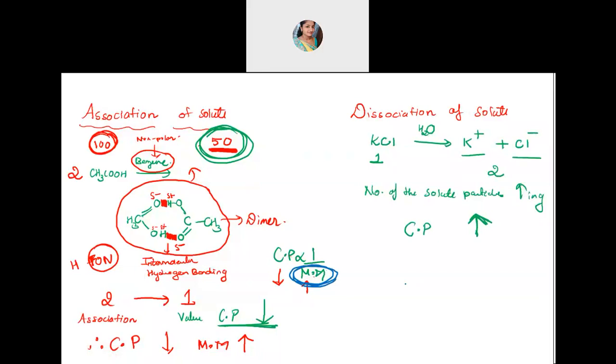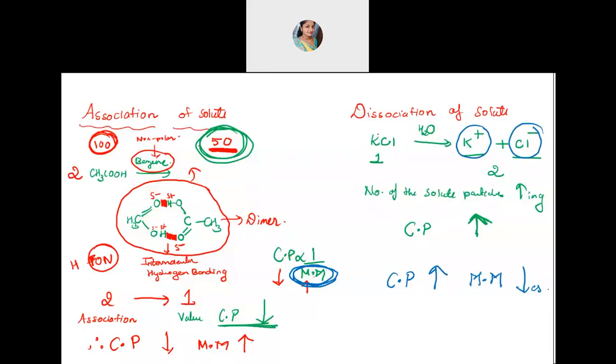Okay. So if colligative property value increases here, number of solute particles are increasing, because they will break down into two, no? So then the molar mass value that you are going to get will become lesser. Okay, that will decrease. So you will obtain a lower molecular mass value compared to the KCl, because now they are in the form of K plus ion and Cl minus ion. So you are getting half and half. Okay, half for K plus and half for Cl minus.